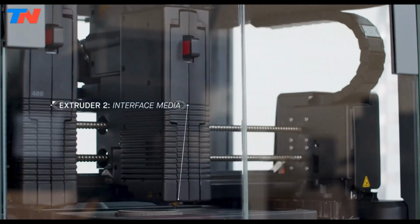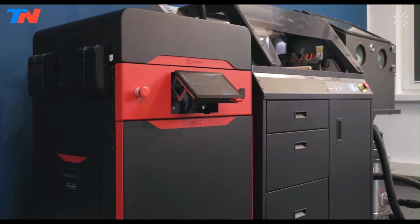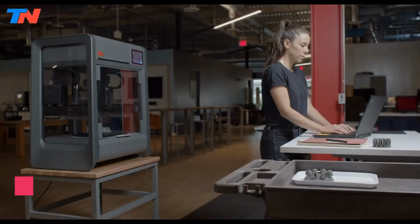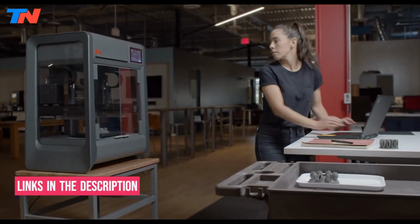Here is our list of the top 5 best metal 3D printers you can get right now. The Desktop Metal Studio System is an office-friendly metal 3D printing solution designed for safe, easy in-house use without loose